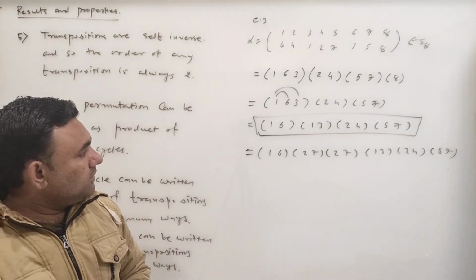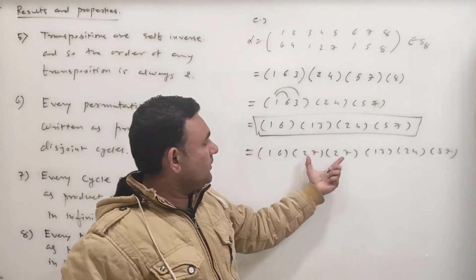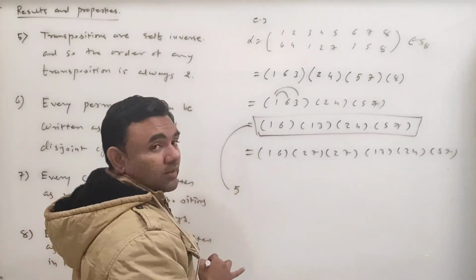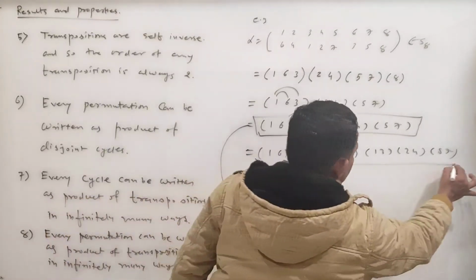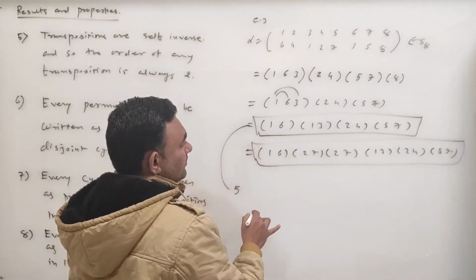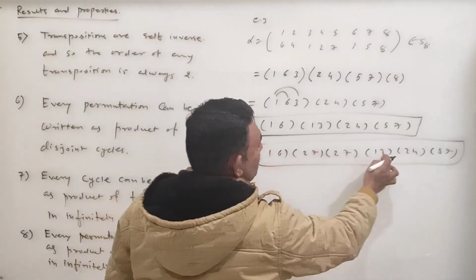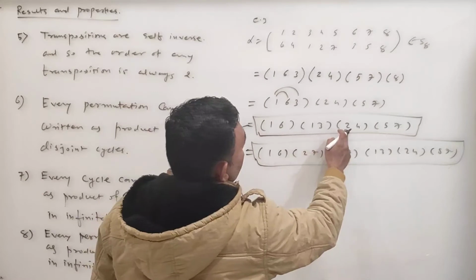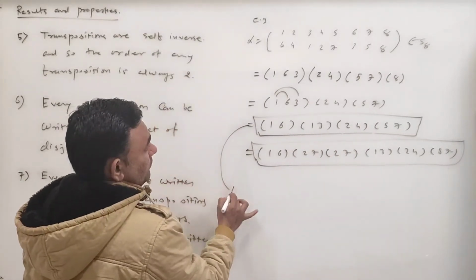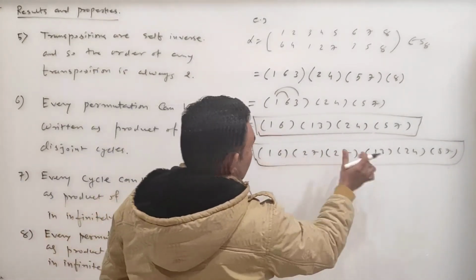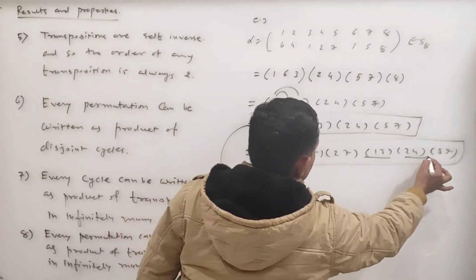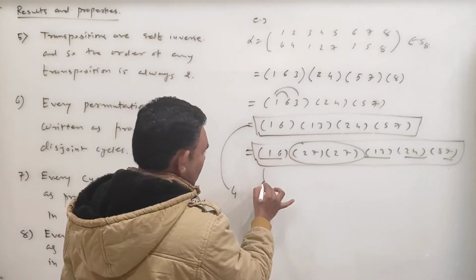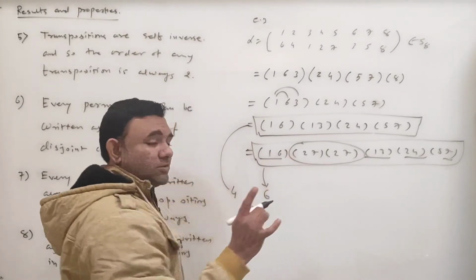अब हमने ये insert किया 2 7, 2 7, तो यहाँ पर वो alpha क्या था? पहले 5 transpositions का product था. अब ये जो format है वो हमें दिखा रहा है कि it is a product of 4 transpositions, ना, 4. अब ये 4 तो आ ही रहे हैं और 2 हमने add कर दिए, तो 4 + 2, तो मतलब इस format में वो 6 transpositions का product है।